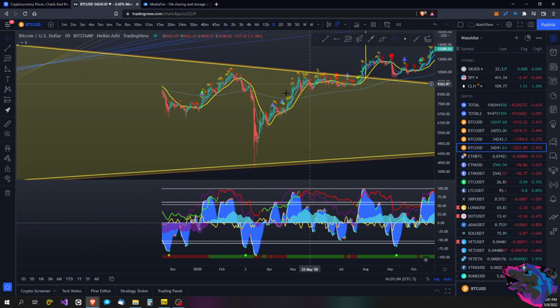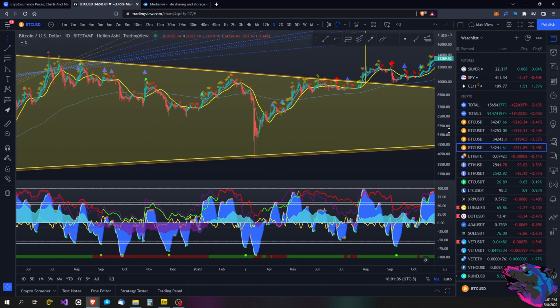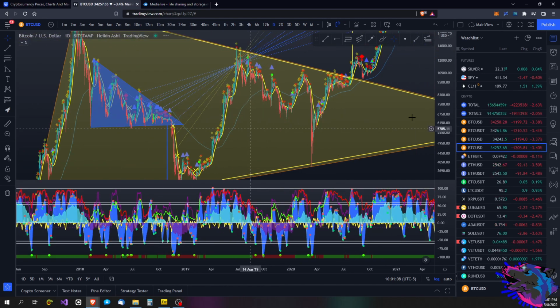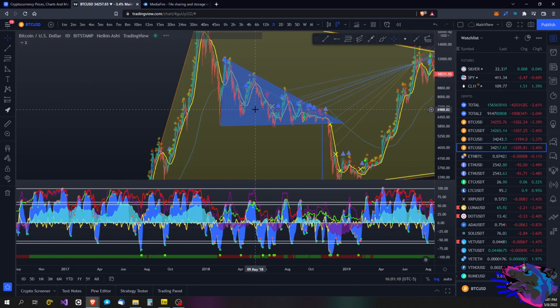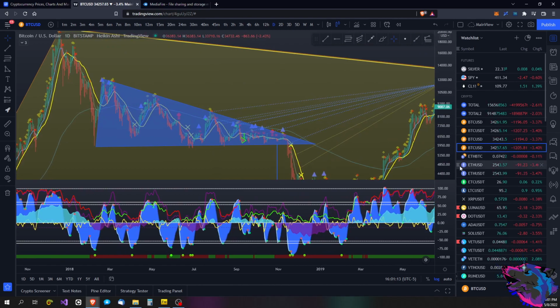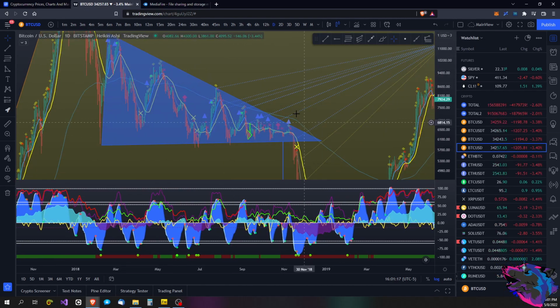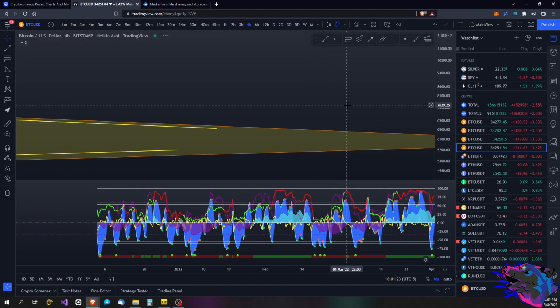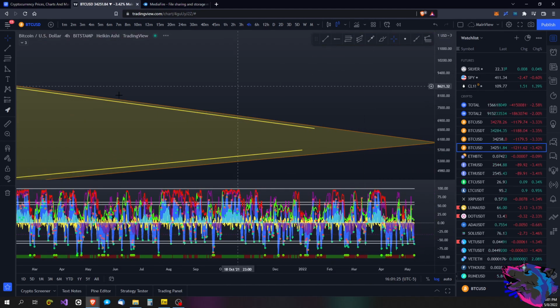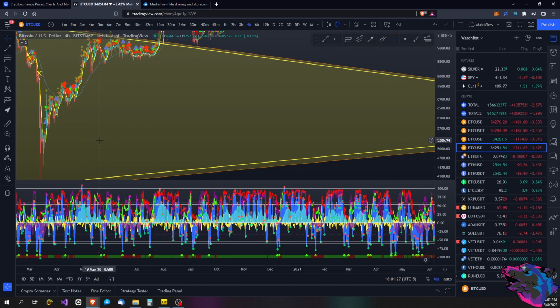Let's see if we can find our spot again. You can see there's our big yellow pattern, and within that pattern we have another pattern. Now this one happens to be a bear flag because we came in the top, left out the bottom, but you can see we've got patterns on patterns on patterns within patterns. Come down to the 4 hour, zoom in even further,